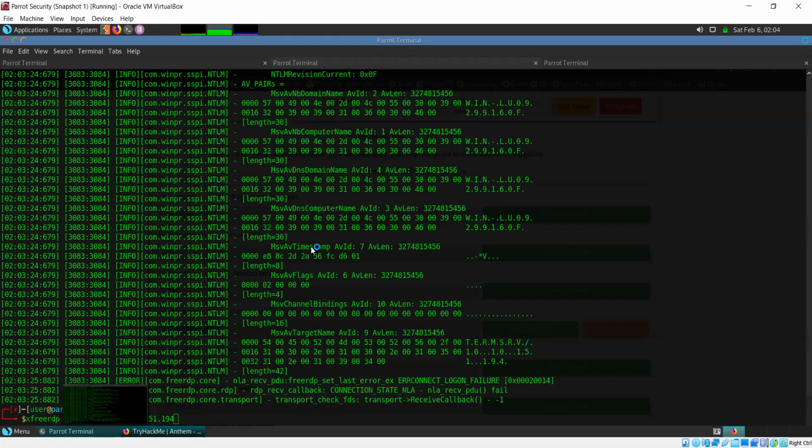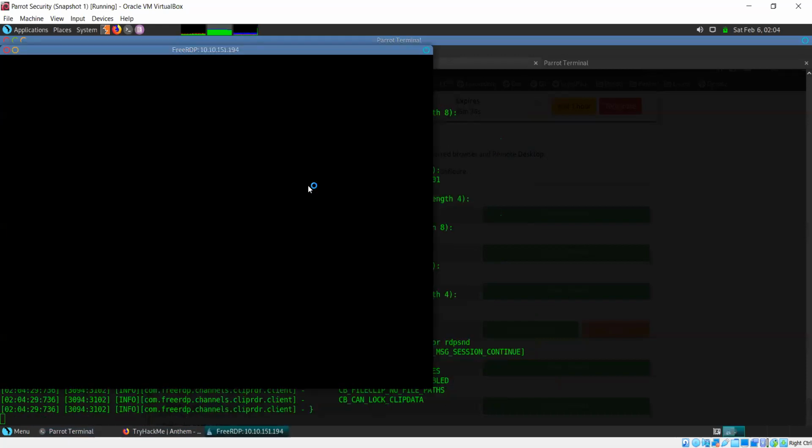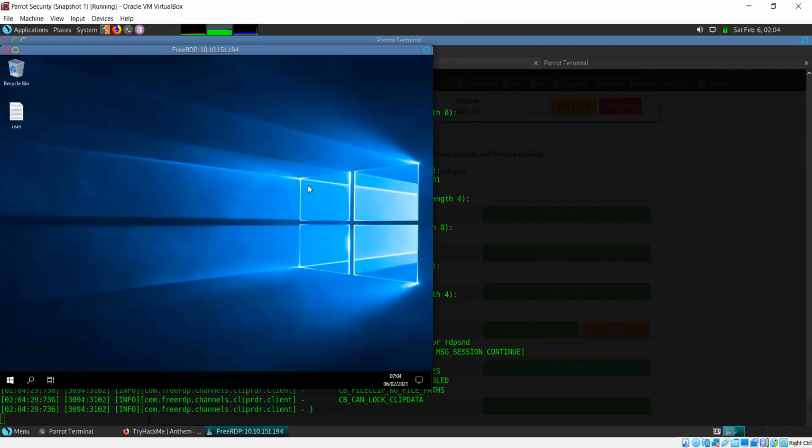So this was the correct combination: SG and that password that we found earlier. Okay, so now we are logged into our target system via RDP.